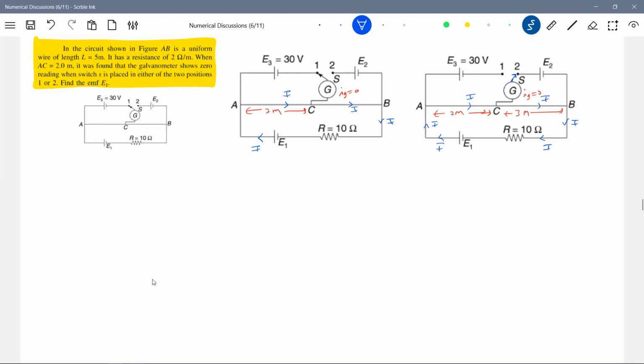It's just a potentiometer. If you know the theory of potentiometer, that is enough. That wire is the potentiometer wire. Please do understand this. The moment you see the thick wire, since the current to the galvanometer is 0, the same current will not branch. So do we know the value of I? It's asking to get the value of E1.